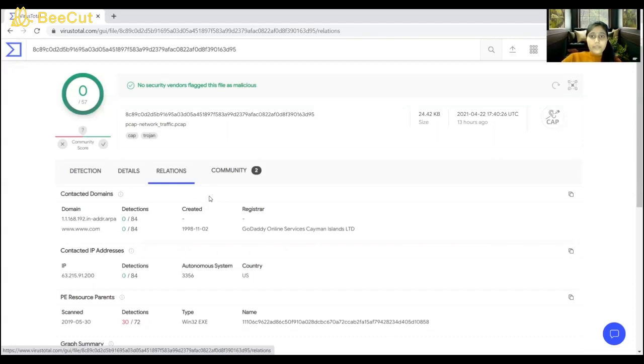VirusTotal can generate rich relationships from the file that we upload for scanning. The file can be seen contained in some other file. For example, what are the parents of a given portable executable, domain to IP address mapping over time, and so on. So as we can see,